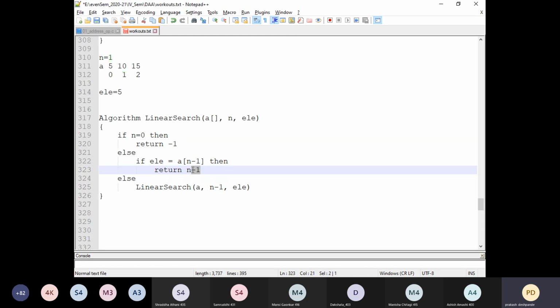So again, we are terminating the linear search so that it never goes into an infinite loop here. So return n minus 1. Currently, the n value is 1. 1 minus 1 is 0. So return 0 is done. So actually, 0 is nothing but the index value of the element which we have searched successfully. Right? Followed, students, so far?